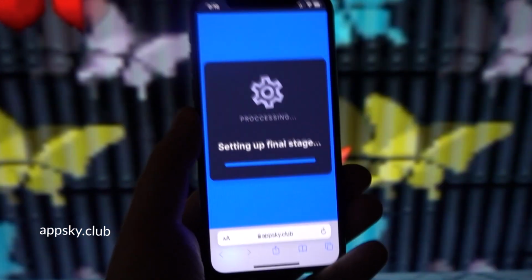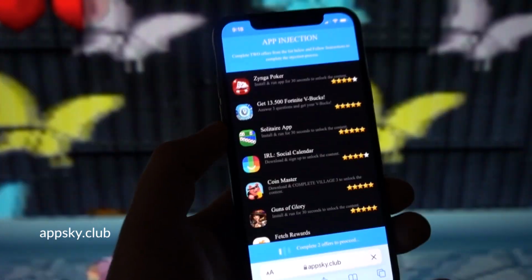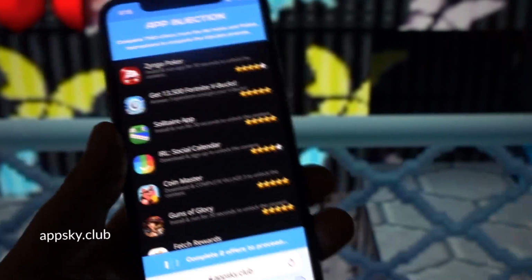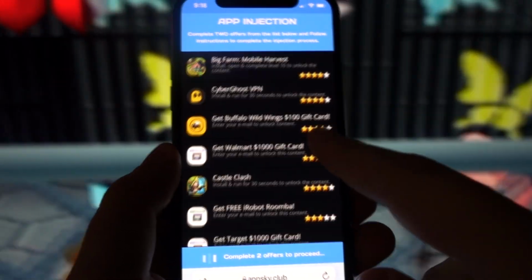Hang in there for the injection process to be completed, and once it's completed, you will be asked to complete one last easy step where you have to complete 2 offers from the list below and follow the instructions to complete the injection process. Now I'm being offered a wide range of offers over here, out of which I have to complete 2, and definitely I'll be completing 2 easy ones to follow. My first one is going to be